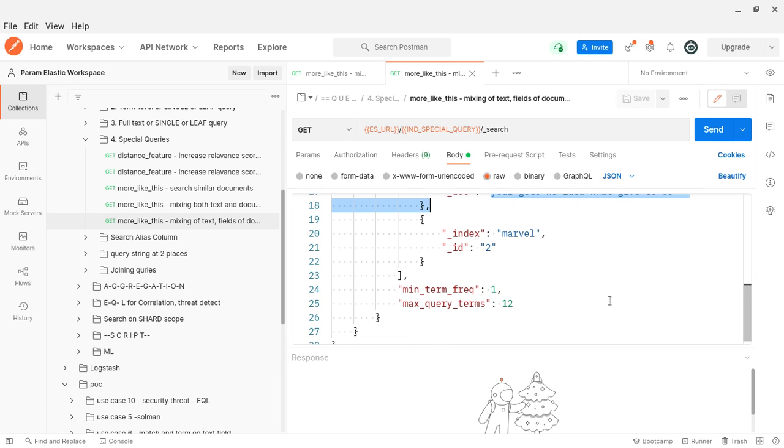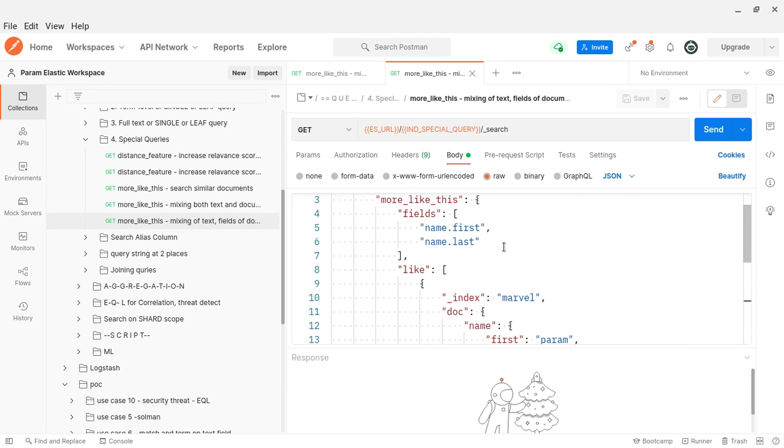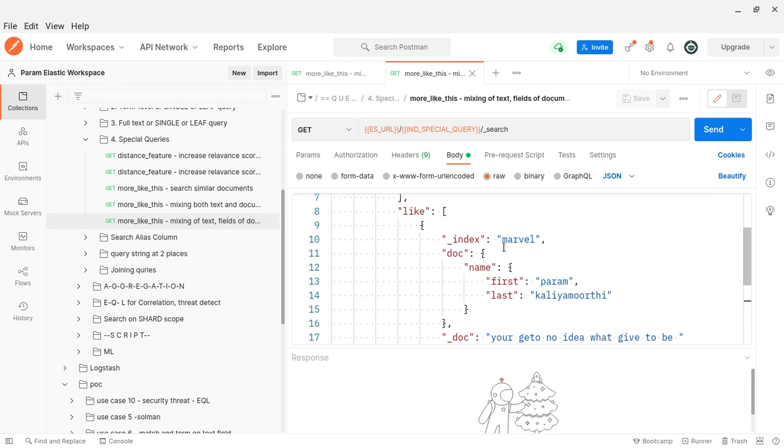You go and check. Here I am using ID as well. You go and check for this given set of likes, identify the terms, then go for the query against Elasticsearch again, then return the result. That's how we can achieve more like this.